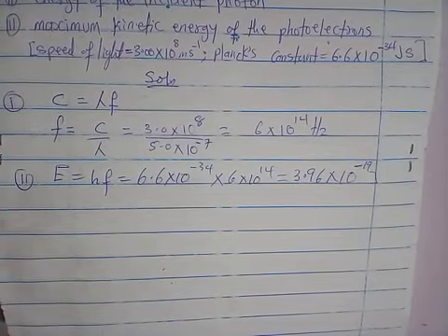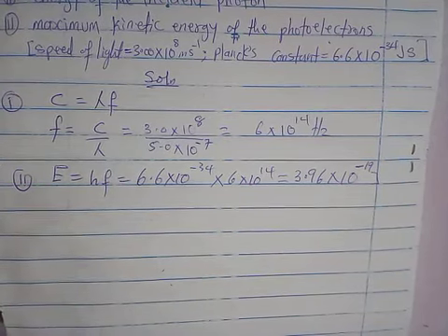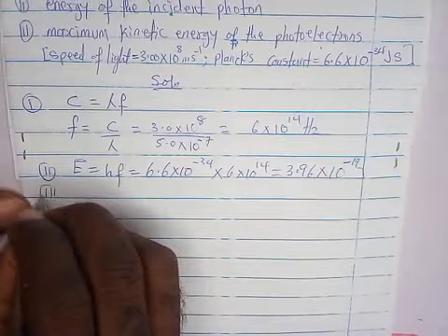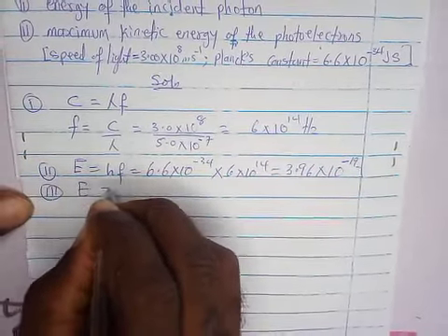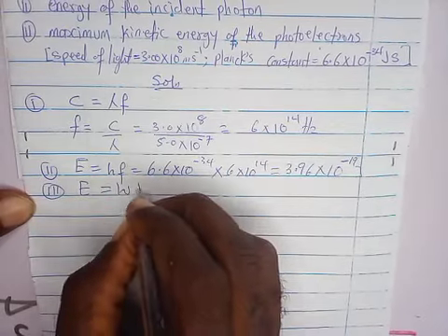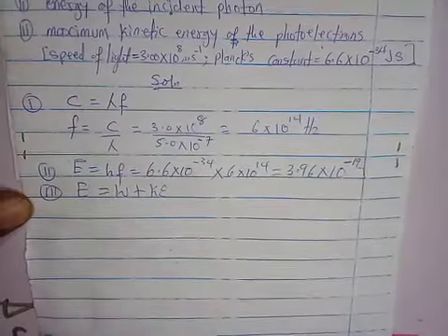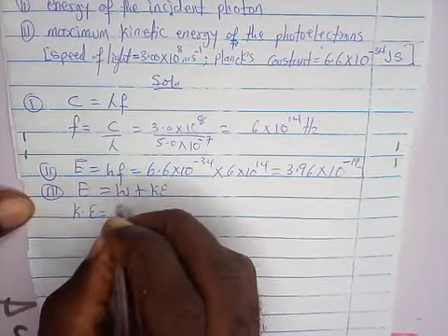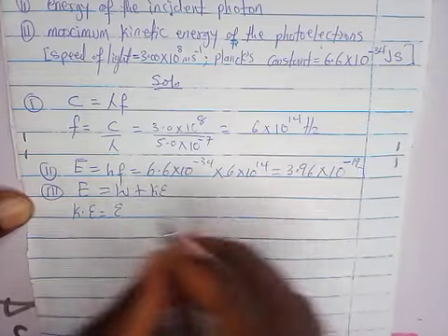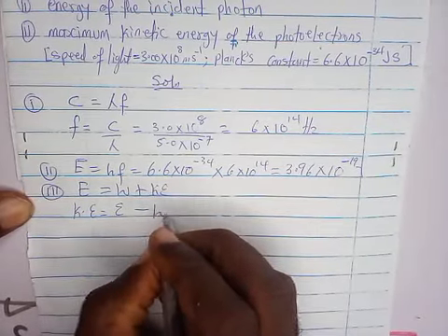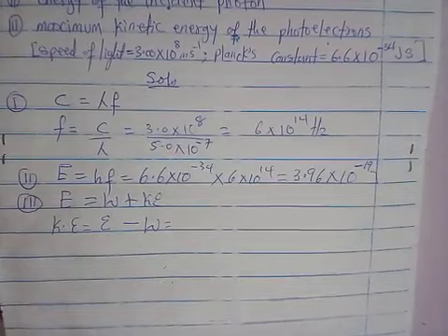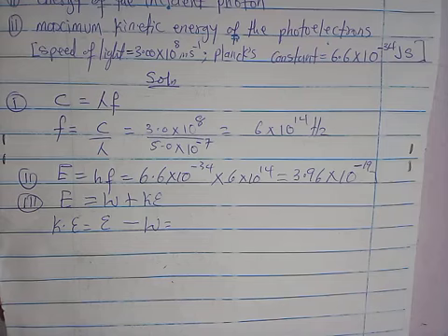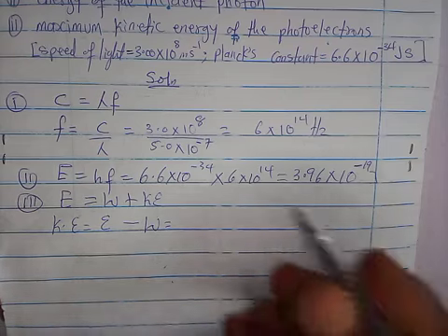Recall that energy of radiation equals work function plus kinetic energy. So kinetic energy is energy of radiation minus work function. And our energy of radiation, which we've gotten, is